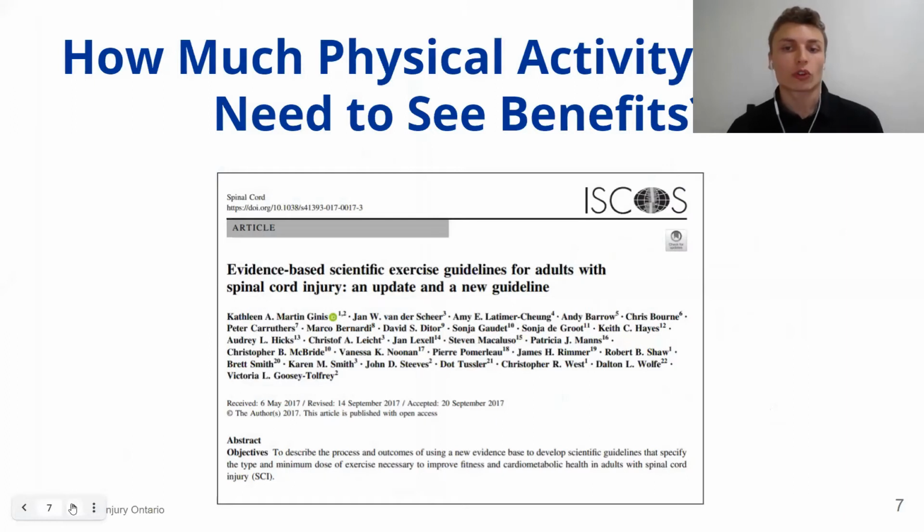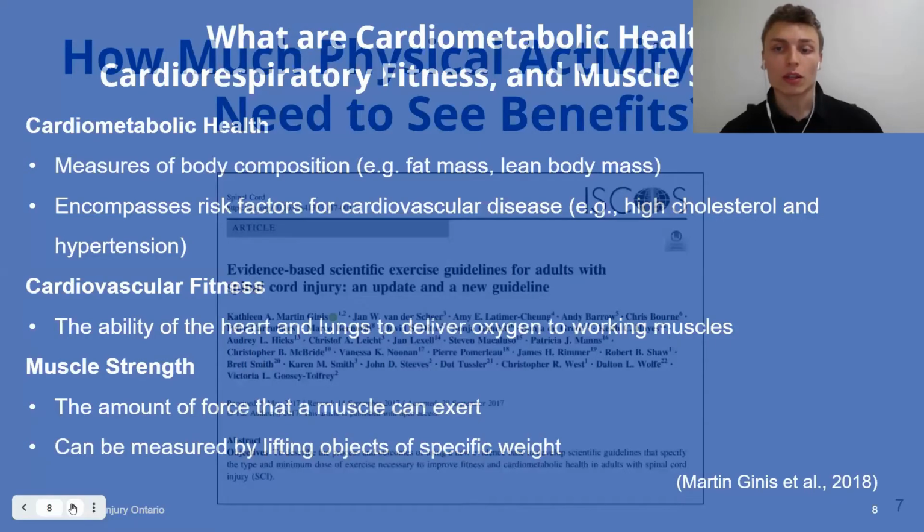published by an international group of 29 researchers, clinicians, and community organizations with the intentions of informing people with spinal cord injury how much exercise is necessary for important fitness health benefits, such as cardiorespiratory fitness, muscle strength, and cardiometabolic health. So on the next slide, we're just going to break those down